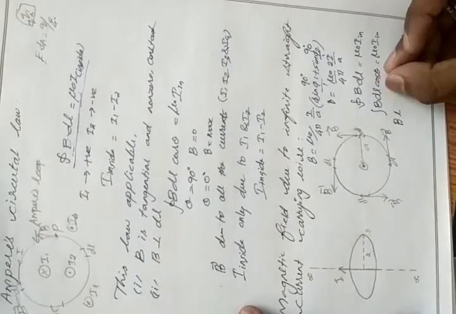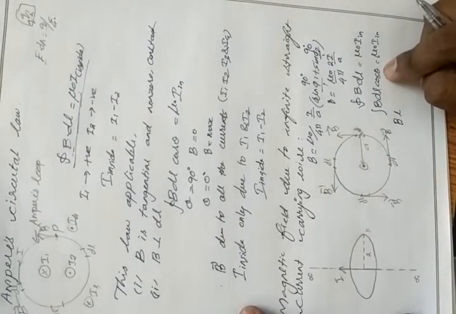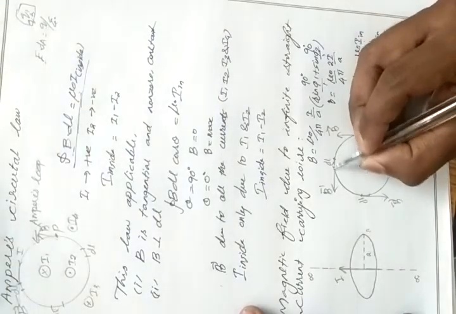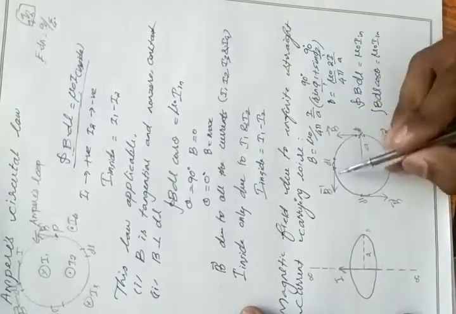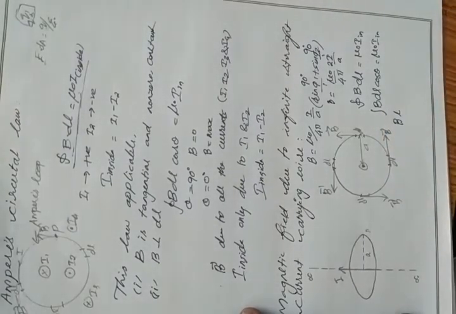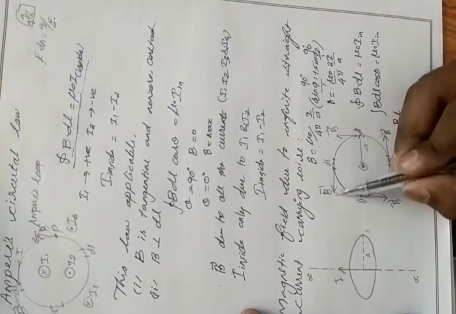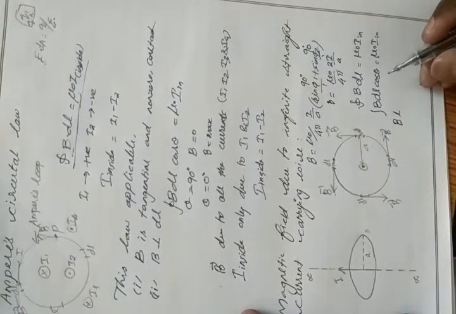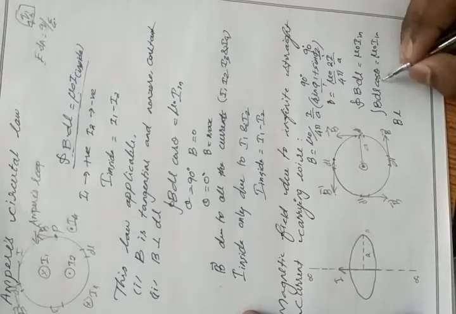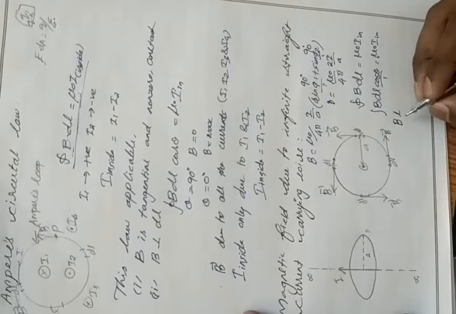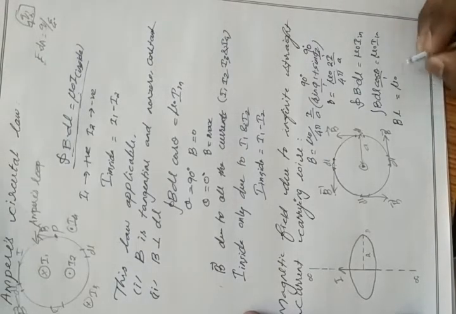Then what is cos theta? Here theta means the angle between the magnetic field and the length element. So what is the angle? This is our length element going in this direction. Our magnetic field also lies along the length element, so both create an angle of 0 degree. So we get the angle as 0 degree. If you put cos 0, the value will be equal to 1. So we can say BL equal to mu naught